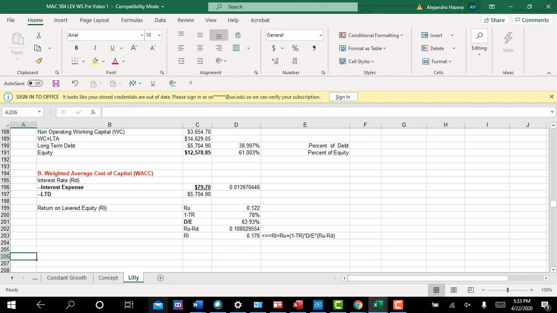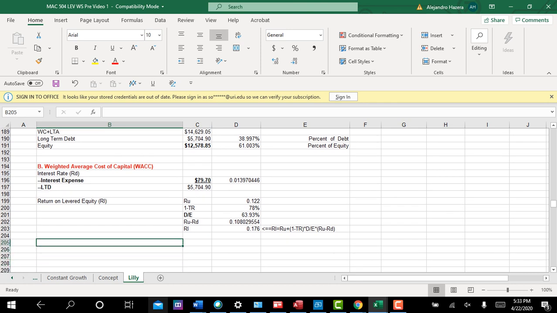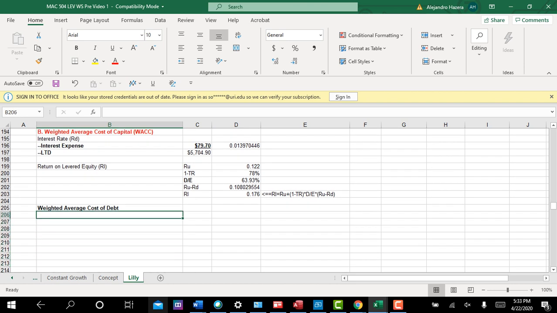Okay, now that we've got all these returns here, we're in a position to compute our weighted average cost of capital. So here's our WACC calculation. The first thing I'm going to do is compute the weighted average cost of debt. We'll do that first, and then we'll compute the weighted average cost of equity, sum them, and that'll be our weighted average cost of capital. Okay, so our weighted average cost of debt,